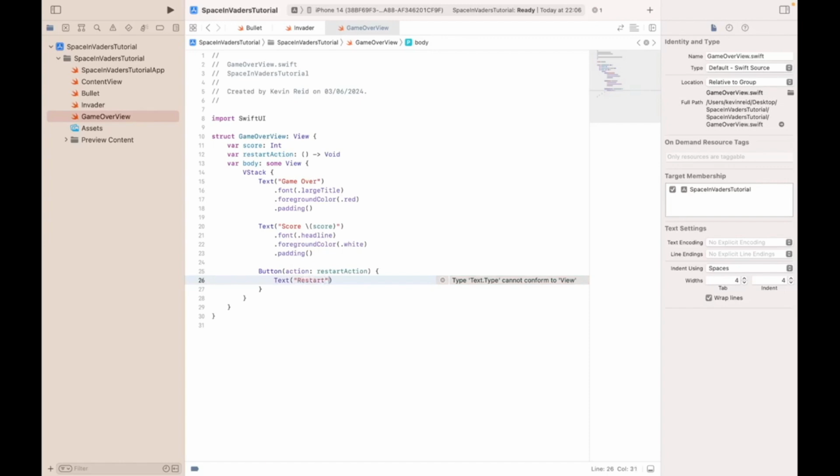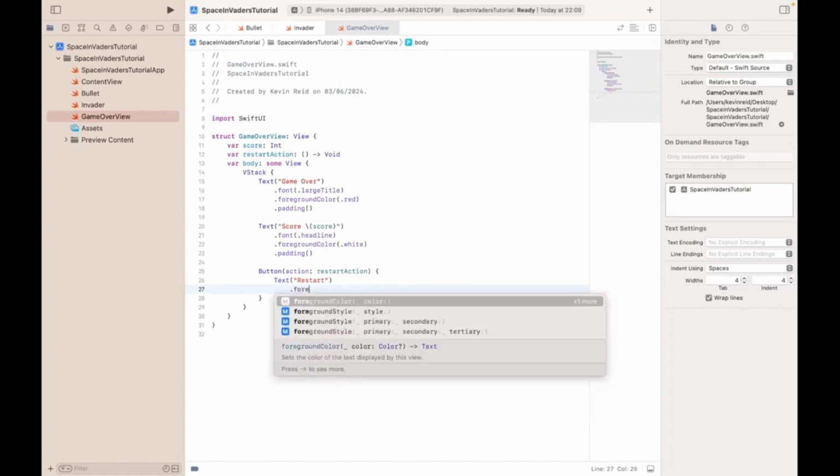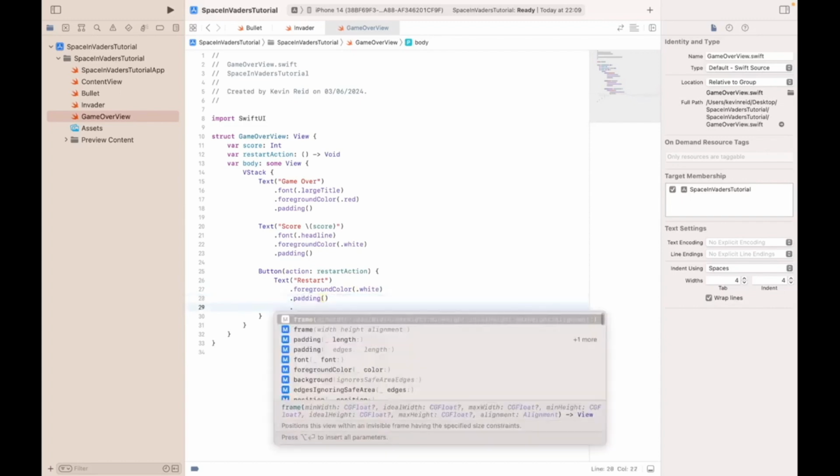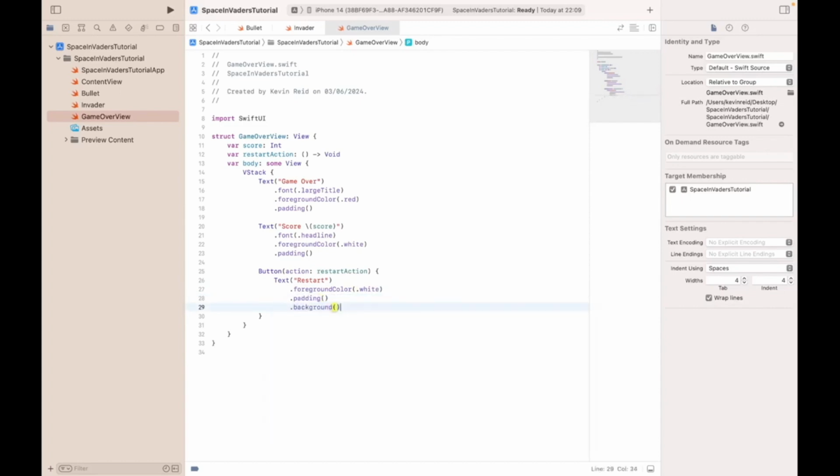That's for the caption of the button. Foreground color, white, padding, background, blue, corner radius, 10,